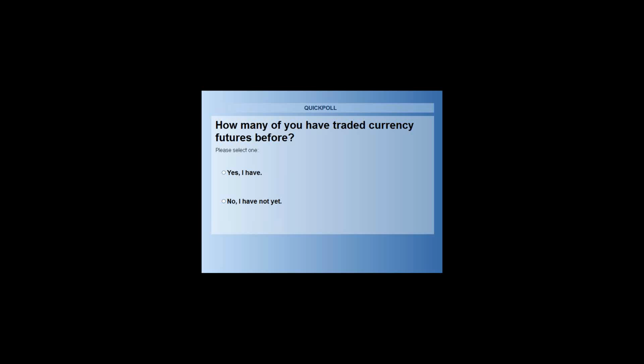If you anticipate that the rand has run up a lot now, and ahead of the MPC meeting on Thursday, that it's going to get stronger because they're going to raise interest rates, I'm speculating that the rand will get stronger. You'd sell the dollar. In other words, you'd be buying the rand, anticipating rand strength. Okay. So remember, it's against the rand. So no money's going out of the country. So you don't have to get any tax clearance. You're not taking advantage of your tax offshore allowance or anything like that. So this is ideal for a speculator or someone who wants a hedge, especially if you've got some rand hedge elements in your share portfolio. This is a nice way to hedge yourself regarding that rand hedge.